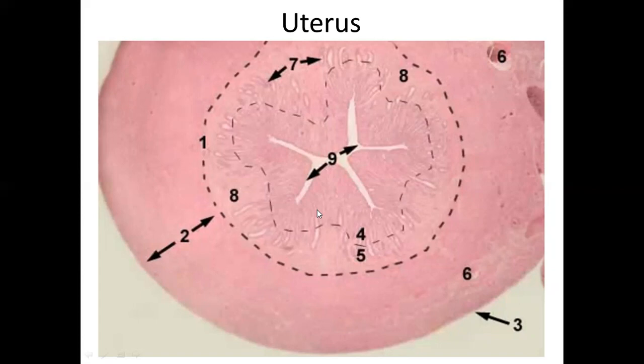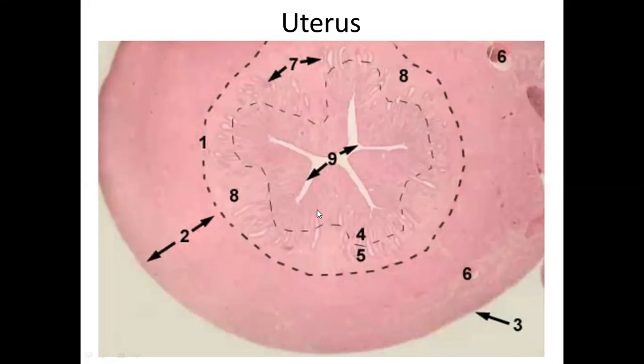the area indicated by 8 is the stroma, which is equivalent of the lamina propria, and then the pointed structures indicated by 7 are the uterine glands, which are the tubular invagination of the surface epithelium, and then the area indicated by arrow 2 is the muscular layer, the myometrium, which is equivalent of muscularis externa. It is quite thick in the case of the uterus, has longitudinal and circular smooth muscles in it, but they are not arranged in clearly demarcated layers.